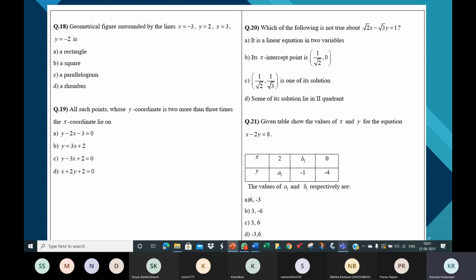Or if you make the graph, I can now just make a rough sketch and share it on WhatsApp. But you take that initiative, understand, make the graph, see a rectangle being formed with length and breadth 6 and 4 units respectively. Area of rectangle is L into B, so 6 into 4, 24 square units.